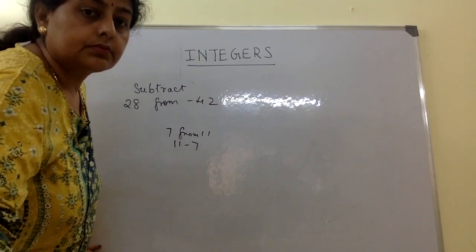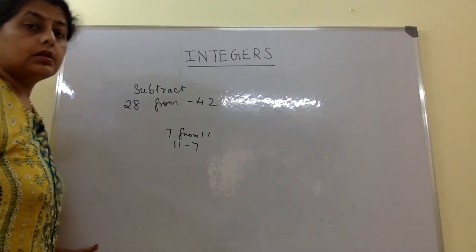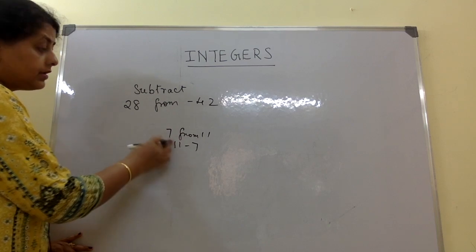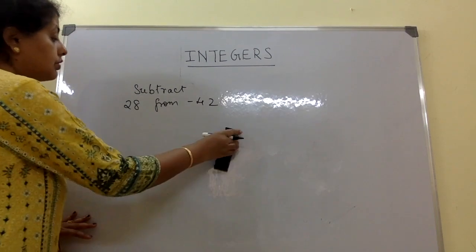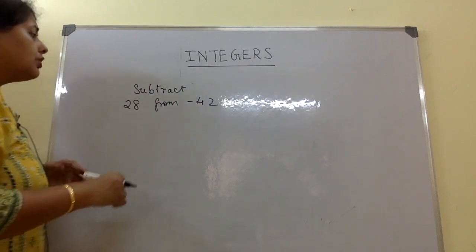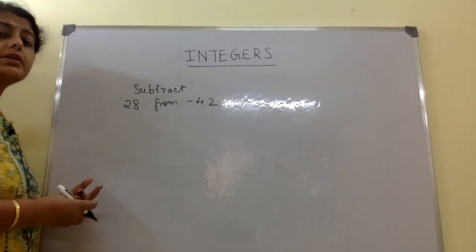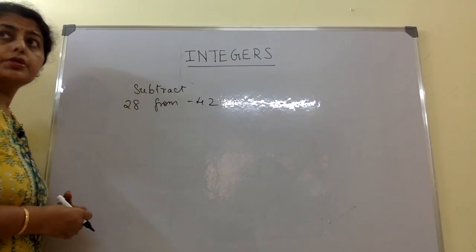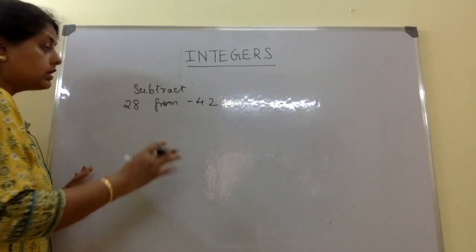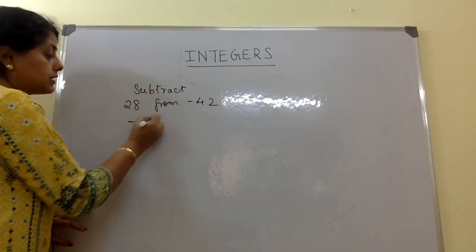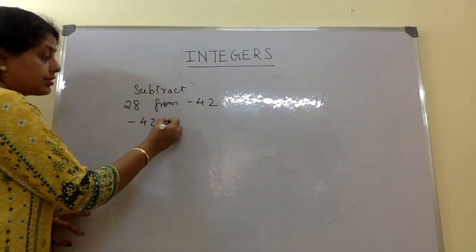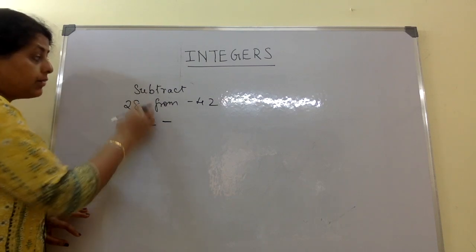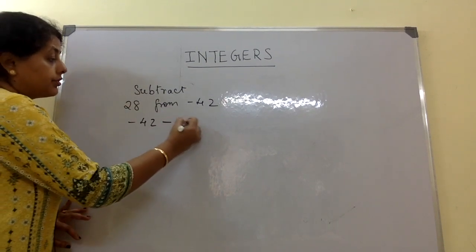So this is the number before which from will be written in front and then the other one with a minus sign. So the same thing happens with integers also. We don't have to bother whether it is minus sign, negative numbers or positive numbers. We'll just continue the sum. So minus 42 gets written first. Because of subtraction I put a minus sign, okay, not that it has a minus here, because this is subtract, and then put the 28.